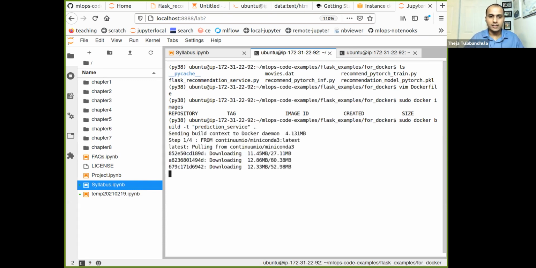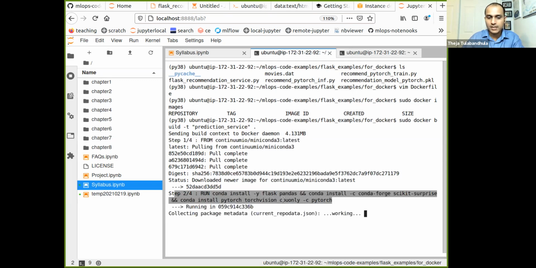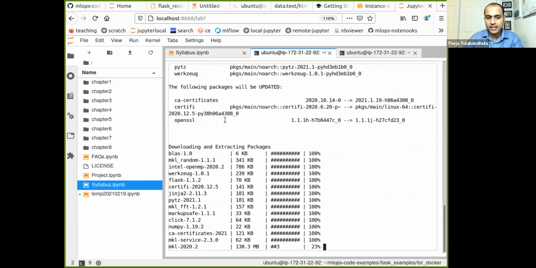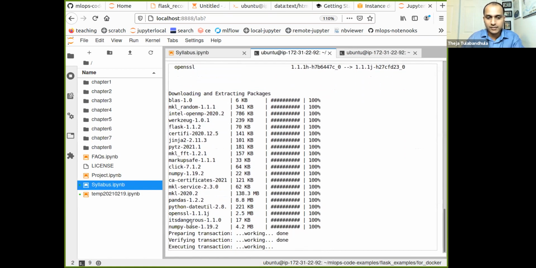So let's press enter. There were only four lines in there, so it's doing each of the steps in order. It's getting that image from Docker Hub, hub.docker.com, and then it's running this installation, adding a bunch of layers, and the usual thing, to install Flask and Pandas, and then PyTorch as well.